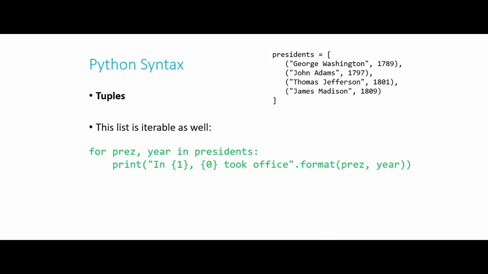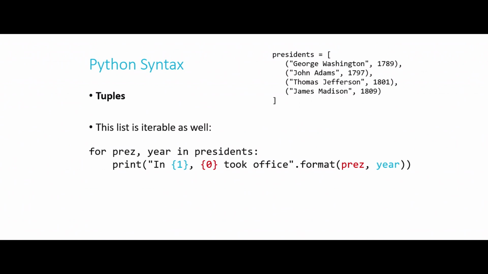Instead of using %s or %c or %d, those format specifiers that we're used to from C, here we use the dot format method, which we'll talk about again in just a moment, at the end of the print function. And we can specify the order in which we want those parameters to come out. So the 1 and 0 there match like this.